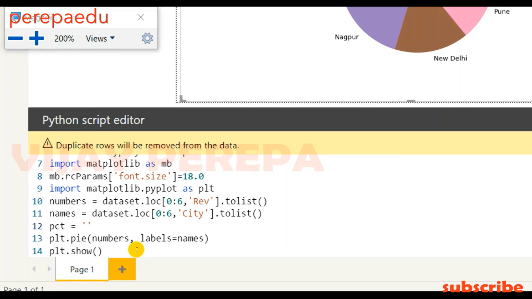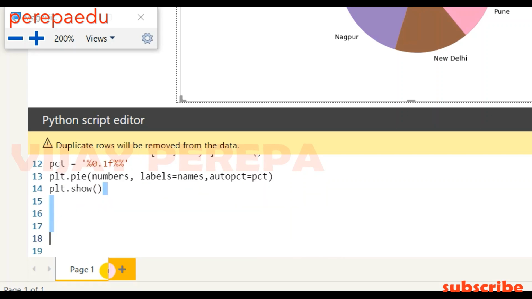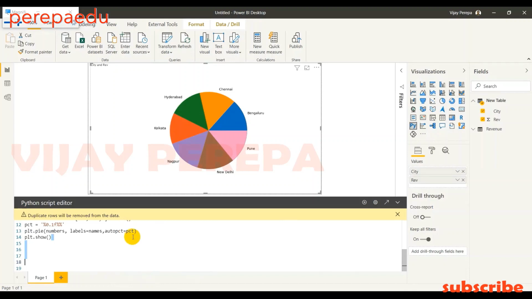The format is 0.1f, that means it has to be a decimal, with 1 decimal place, and f means floating, and this will give me the format and the number there. And then I need to say autopct, that is the attribute which gives me the data labels, and then pct. If I run this code, I will get the percentages within the chart.